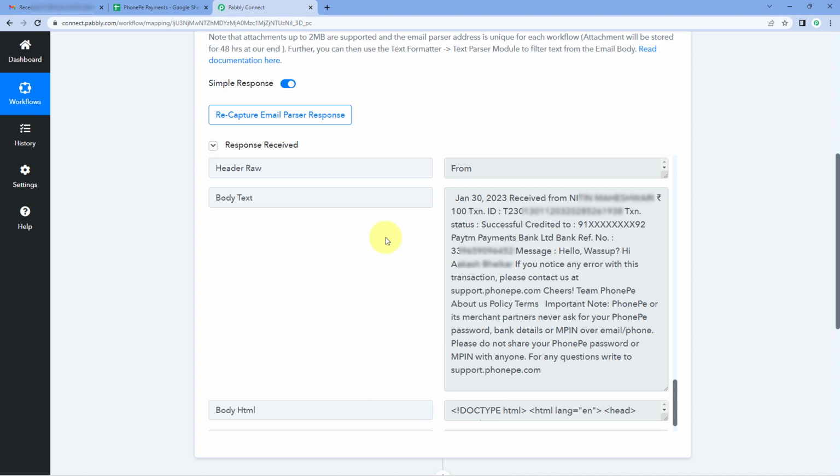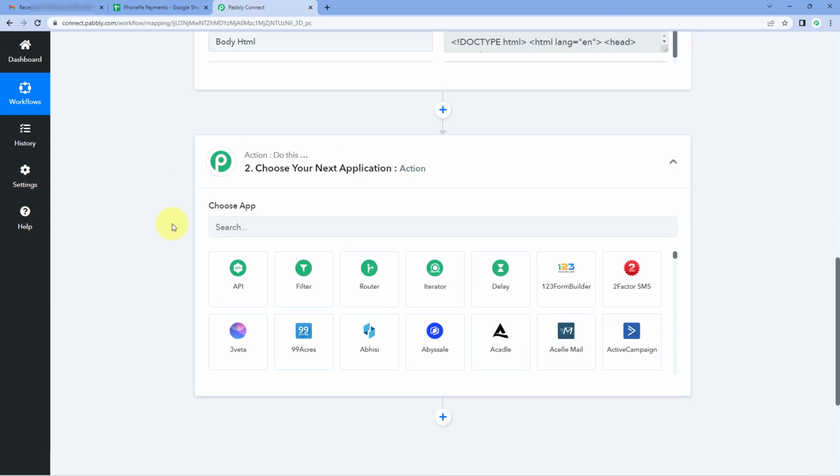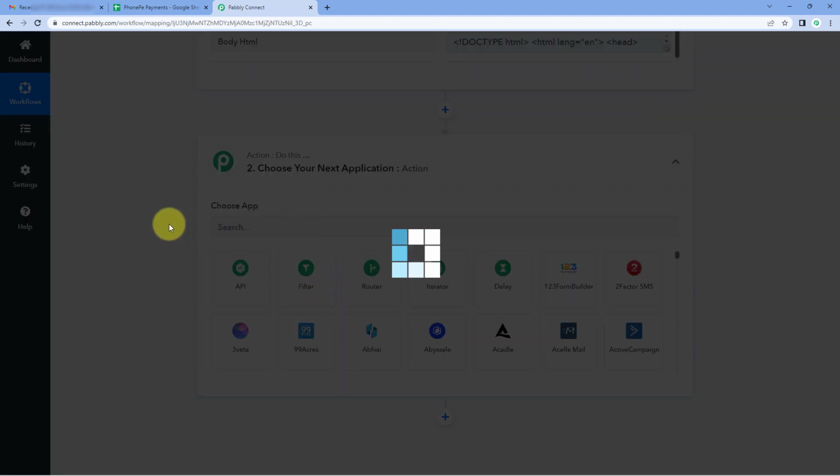We are going to add a condition in this automation workflow in the next step so that only the emails which we receive from PhonePe for the received payment will be processed using this automation, and using those emails, we are going to extract the payment details and add them into the Google Sheet. So how can you add such a filter condition? Just scroll down, come to our action window, and here in choose app,